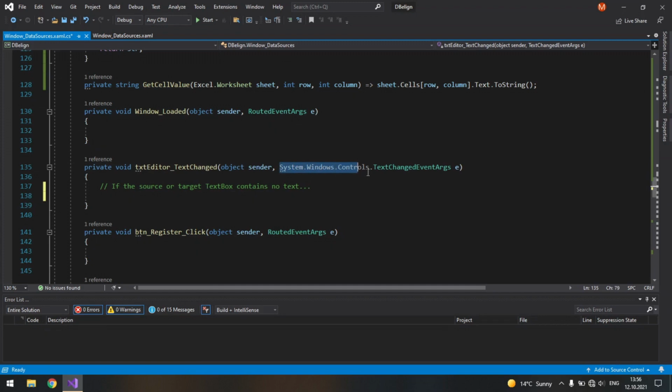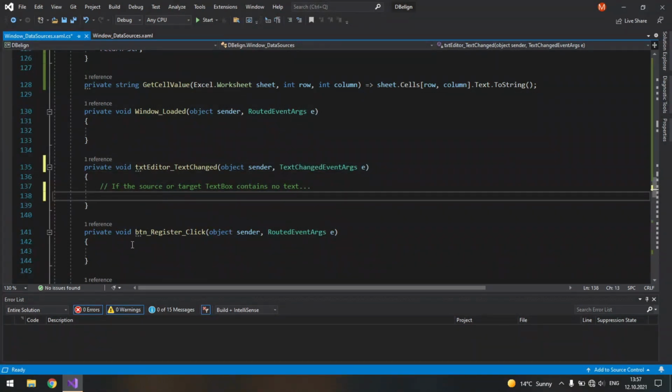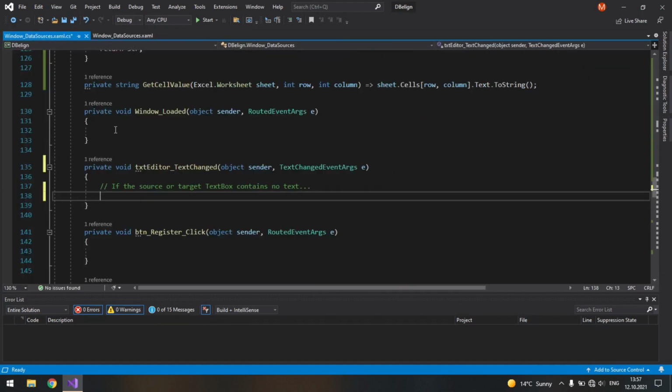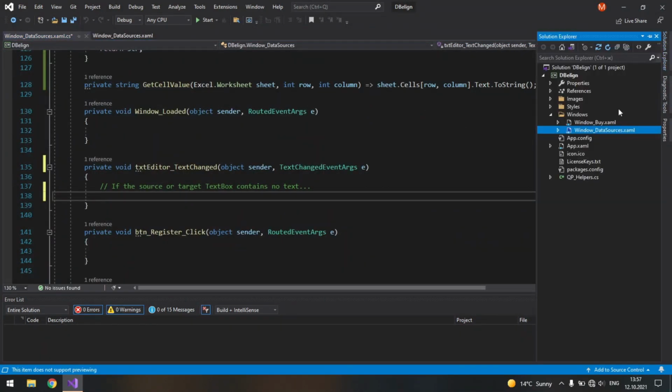We can remove it. Well, one of the reasons why I did not want to use simple binding is because we don't just check if the text is here or not. We will also check if it is any meaningful text, if it's not just white space or new line or something like that. So for this we will create a helper method.